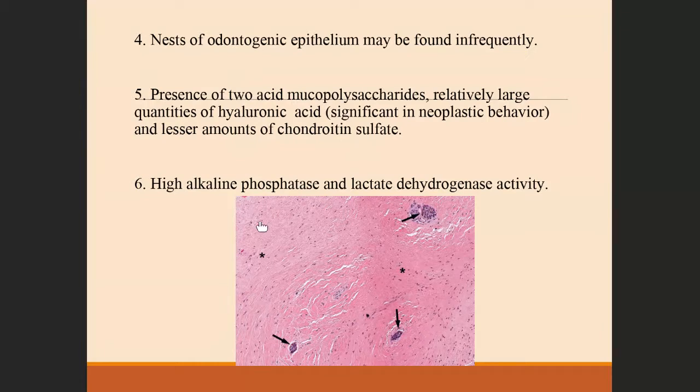This tumor shows high alkaline phosphatase and lactate dehydrogenase activity. Ultrastructural study shows these cells to be dark cells and light cells, like secretory cells, and some cells are packed with fibrils. But what you have to remember right now is the matrix, which is highly mucoid. Then remember the hyaluronic acid, and the cells which are stellate or star shaped, intermingling with each other with elongated fibrils. Just remember so much. Now, what is the differential diagnosis?